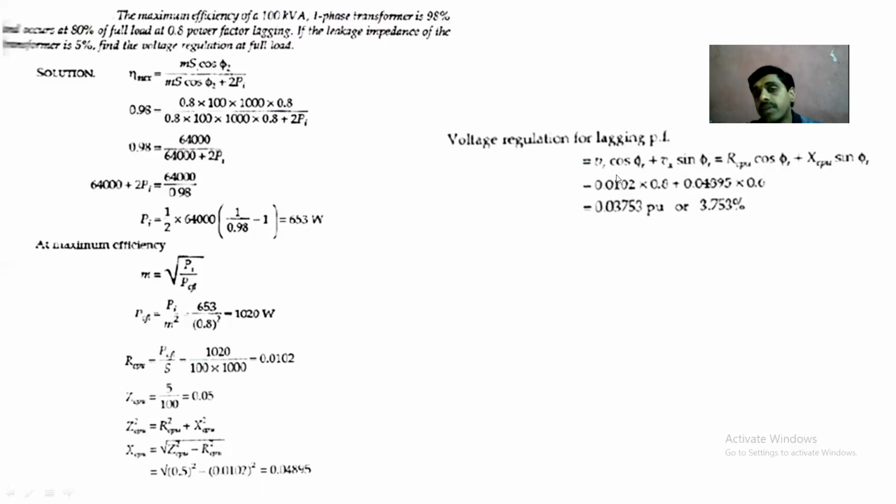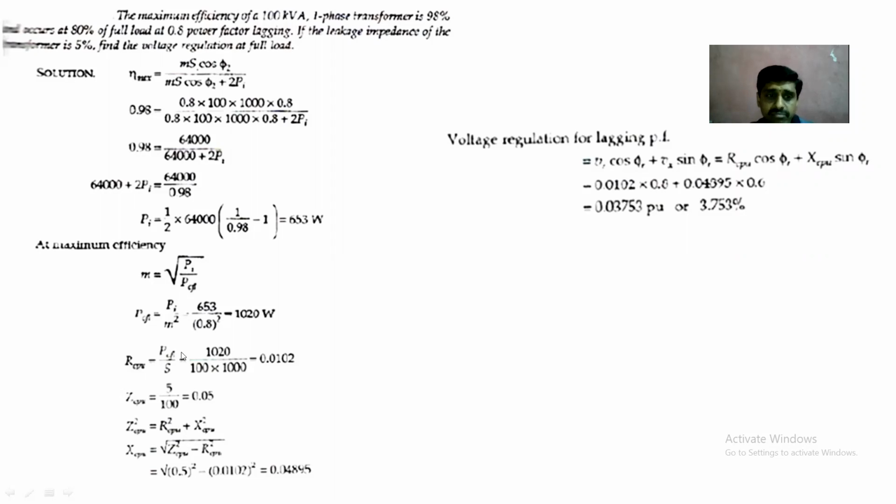You know that it is (IR cos phi r plus IX sin phi r) divided by V2. Or IR cos phi r by V2 you can write as VR, the drop in the resistance, in percentage, either per unit or anything you write. That IR cos phi r by V2 can be written as VR. IX sin phi r by V2 can be written as Vx. So this is nothing but R per unit cos phi r plus X per unit sin phi r.